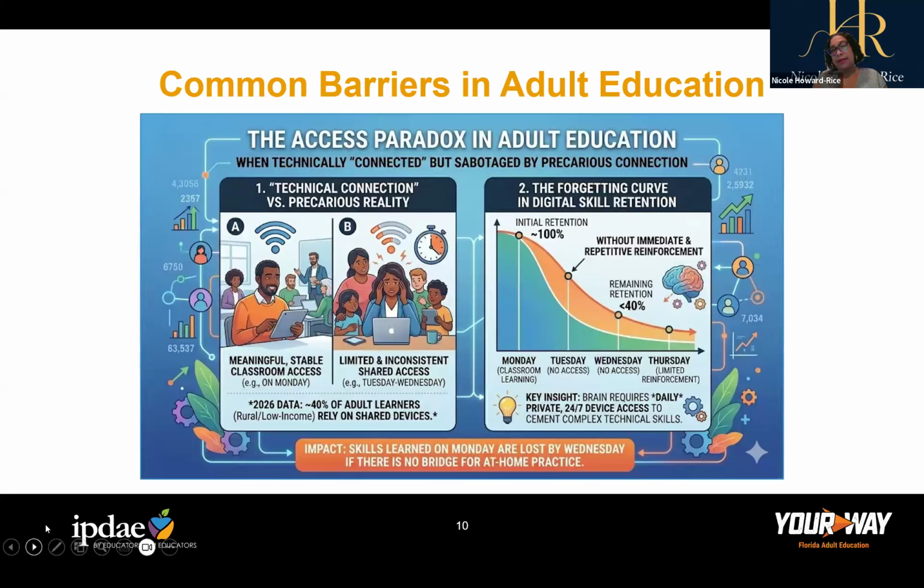Do you see within the slide, do you see picture B? That's the reality. So they have access on Monday. Tuesday and Wednesday, there's no class. So there's limited and inconsistent shared access. There's a family surrounding this particular learner. They're on one device. They have two pads pictured here and one device. Can this person effectively take what you shared with them on Monday and actually gather some form of mastery in this inconsistent environment, and they don't come back to you until Thursday? Yes or no? Drop it in the chat.